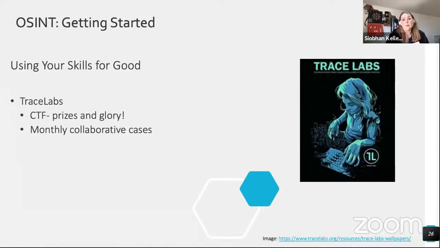So one of the ways I use my OSINT skills is by competing in Trace Labs Capture the Flag events. There are certainly people out there who do this for a living and are much better at this than I am, but I found this to be something that brings me a lot of joy during COVID. It gives me a way to spend time with my friends in a safe and healthy way and know that the time that I'm putting aside to do this is really making an impact and really helping somebody. And I think that's one of the greatest things that I've done so far this year for my own self-care, to compete in the Trace Labs CTFs.